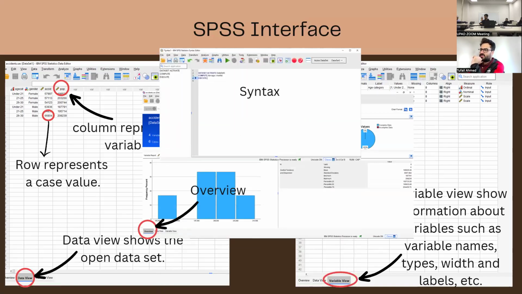And lastly, you also have another view that is called syntax. This is kind of programming itself in SPSS. When we run any operation in SPSS, we can paste it here. When you paste it here, it will develop a code.